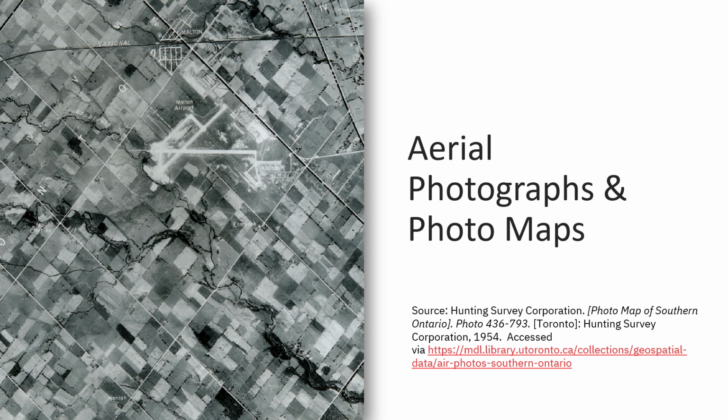These historical maps give an idea of the structure and fabric of the landscape at a given point in time, whereas a property data plan, a topographic map, or fire insurance plan are interpretations of what is located on the landscape. This map can be accessed online and can also be found in a hard copy in the map library, along with other photo maps.